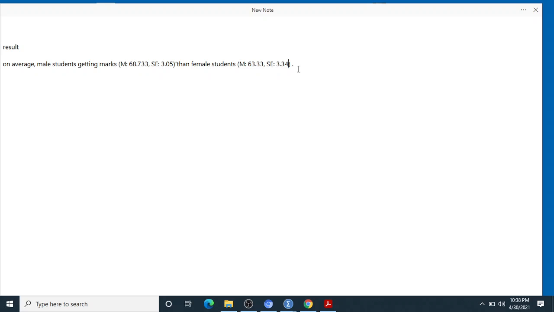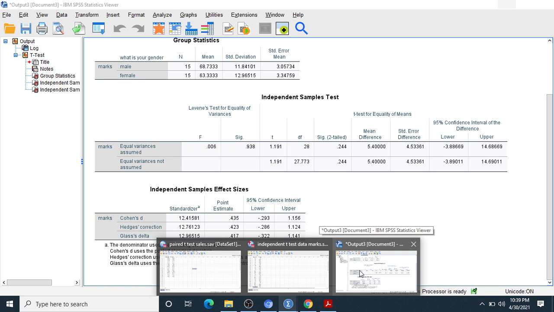Then this difference is non-significant, where T is, the value of T was what? 1.19.